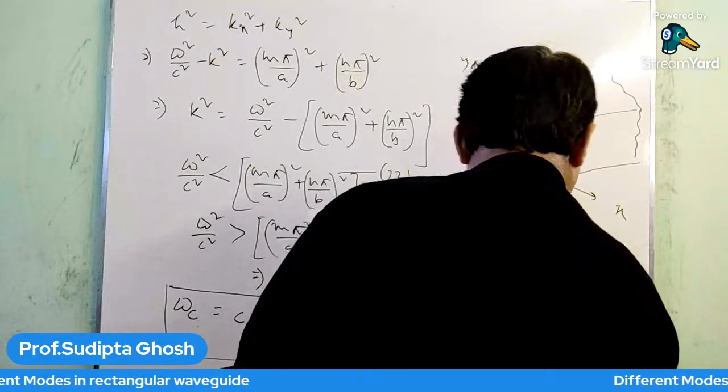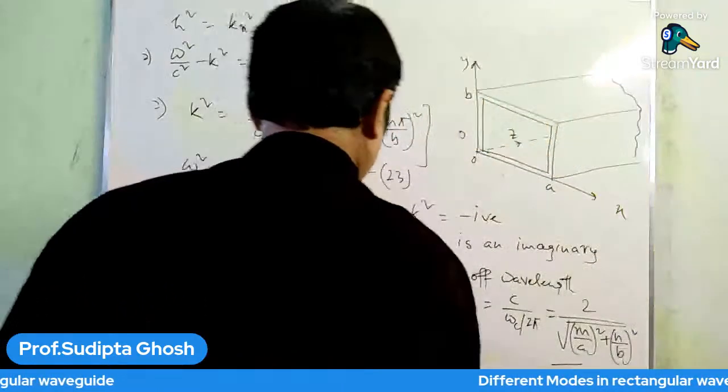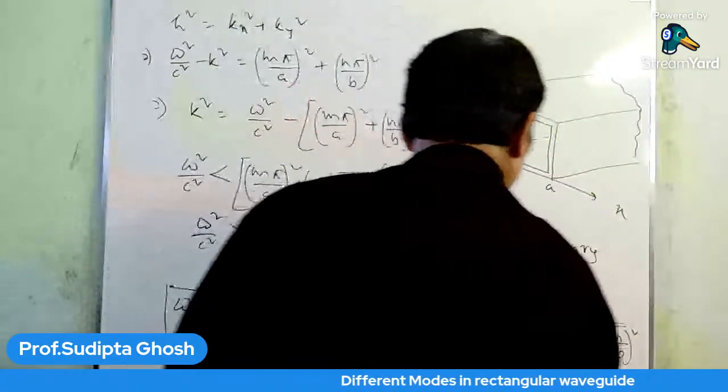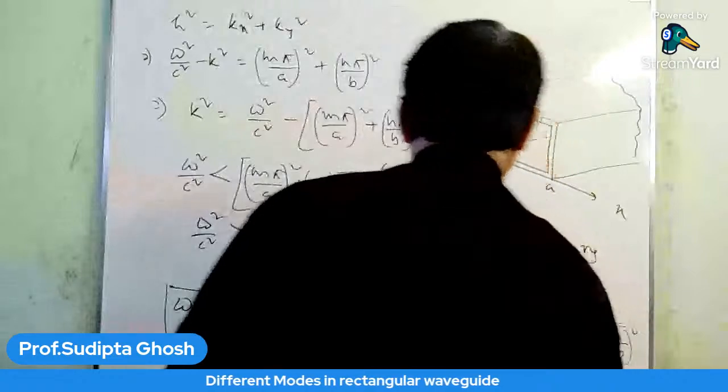So this is the value. Let it be equation number 24 for omega c, and the value of lambda c is equation number